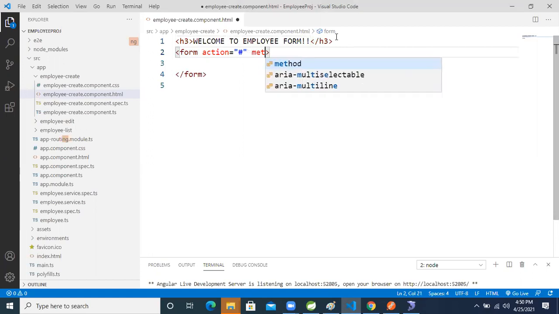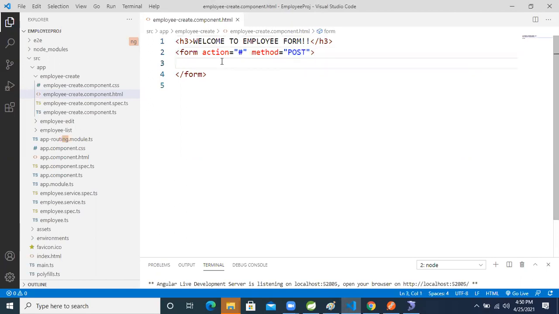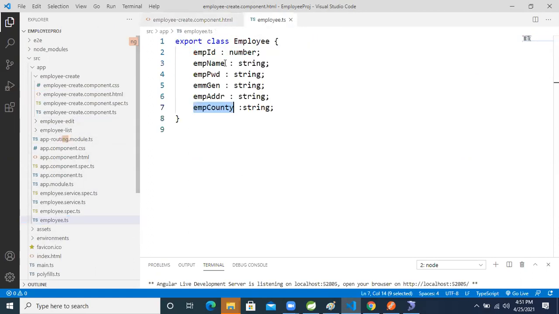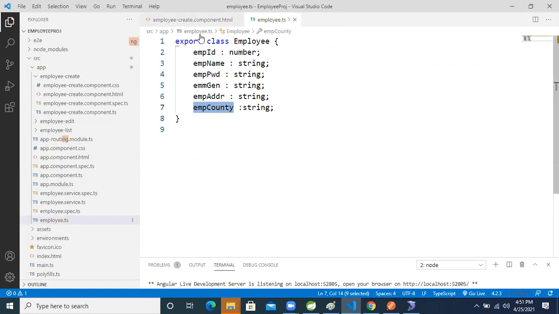Method equal to post. After that, come inside our model class, because we need to see the data there. Based on the model class fields, we will design the form fields.